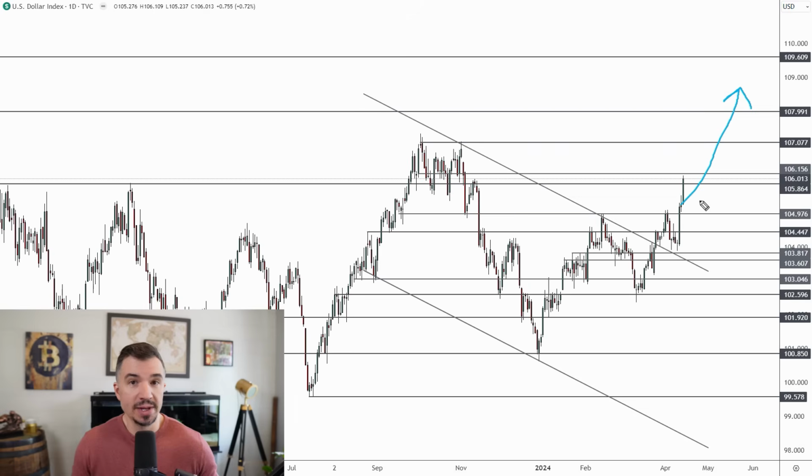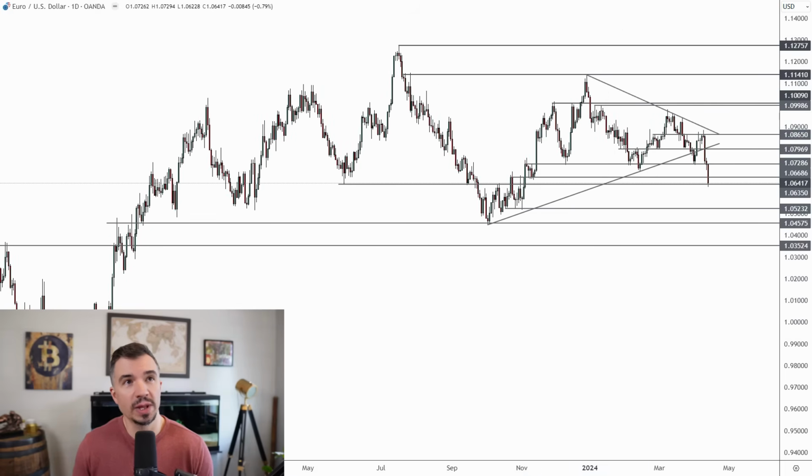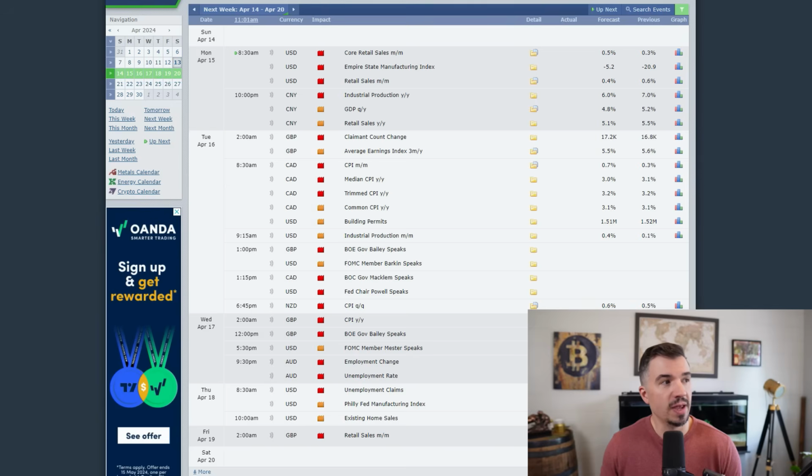But again, timing is going to be critical because right now the market is sitting right there in that weekly pivot right around 106. So next up, let's take a look at the EURUSD here. And before that, let's take a look at the calendar on the Forex Factory website to see what we're dealing with next week. Now, most of the event risk next week is going to be kind of front-loaded between Monday